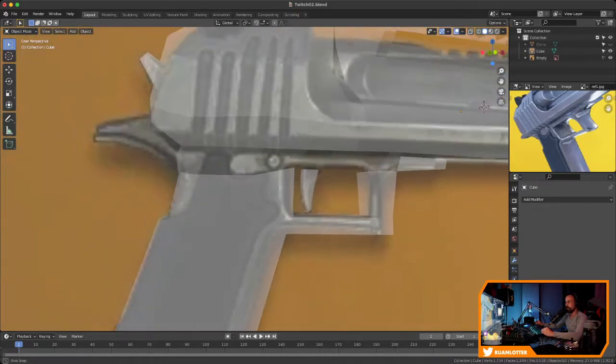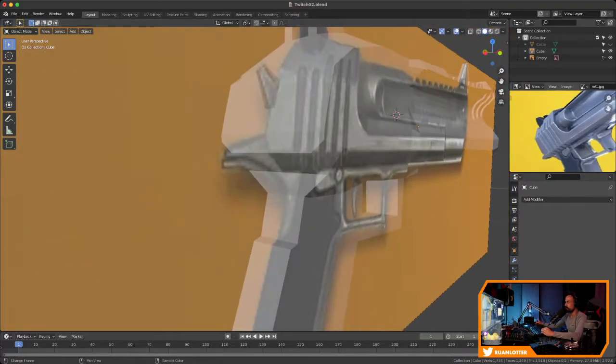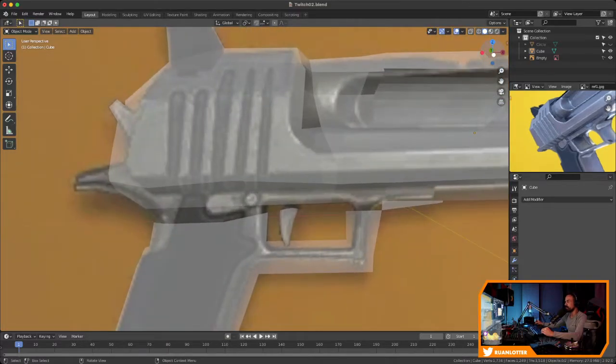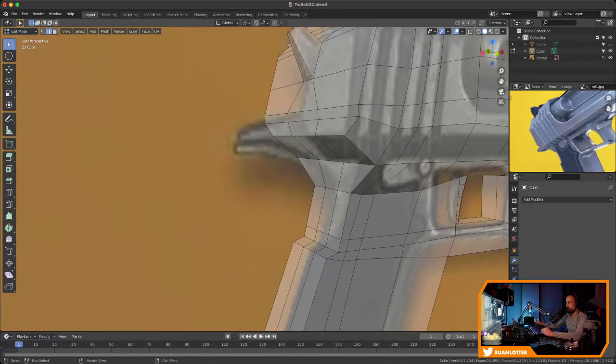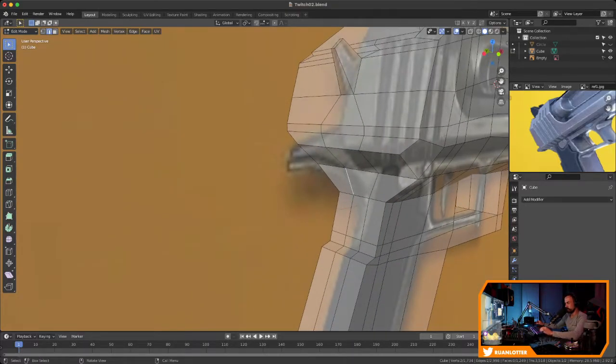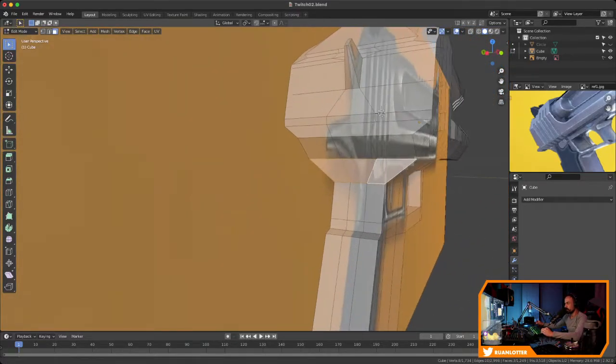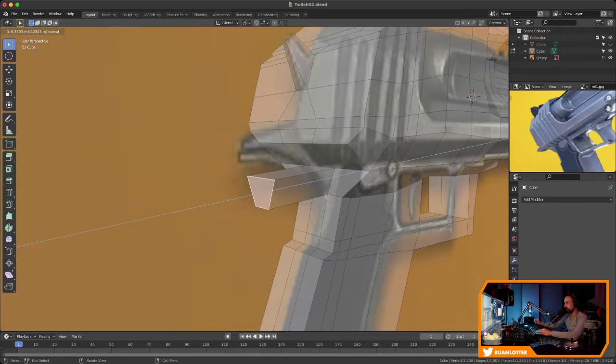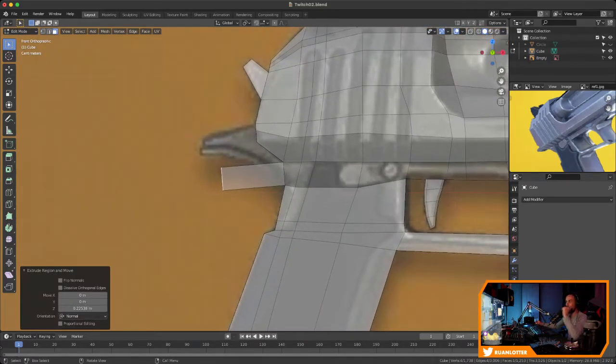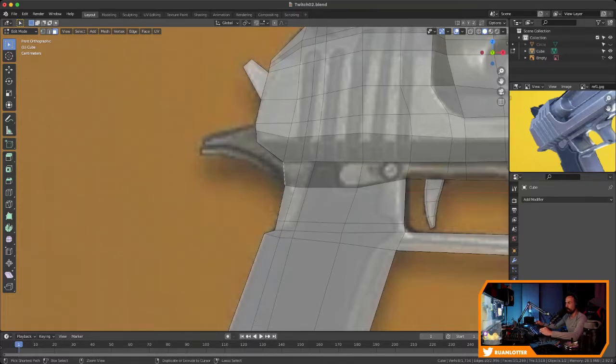So I think next what we can do is let's do this thing here at the back. Now this reference is not really going to help us, but let's just see how we can do this. So we can probably take these faces, and then let me just see if I can find another reference quickly that's maybe from that side. No, I don't see any references, so I'm just going to try this. I'm going to take literally just this middle face, and kind of extrude it out, and let's just get it into place. So yeah, that's maybe not the best thing to do. Let me just undo that quickly. So I'm going to pull this out